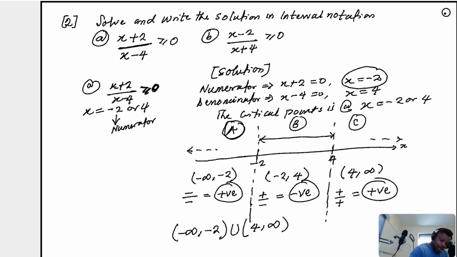So my solution will be, I have minus infinity, comma, minus 2. But minus 2 is part of the solution, so it will be a square bracket. You can see that because it's part of the solution. Then union,